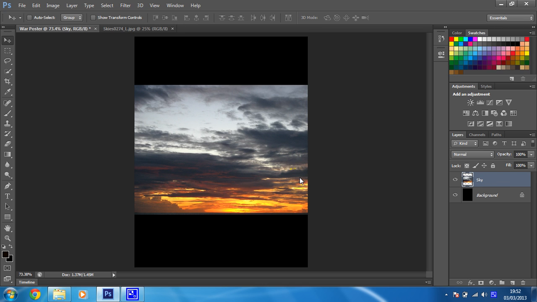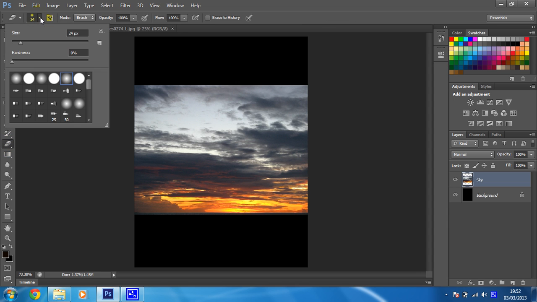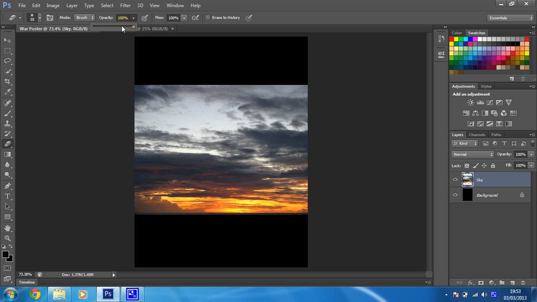Okay, and then what I'm going to do is just manipulate this sky a little bit because I'm not happy with the bottom. It's too harsh and there's too much of this orange going on. So to sort that, I'm going to turn on my eraser tool, and I'm going to use quite a large soft brush. So I'm going to select this first one, that's nice and soft, and if I go for a size of about 55, I'm also going to turn the opacity down to about 60